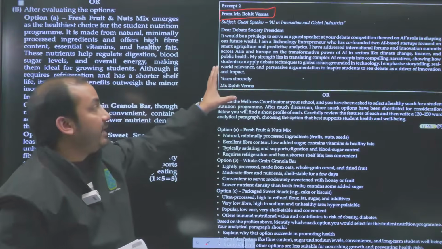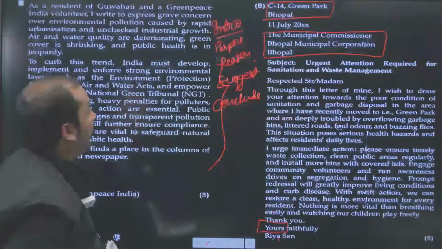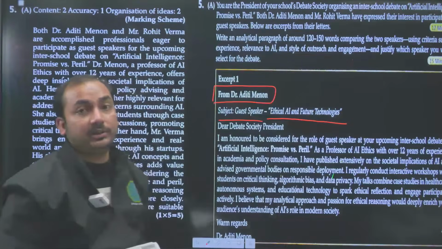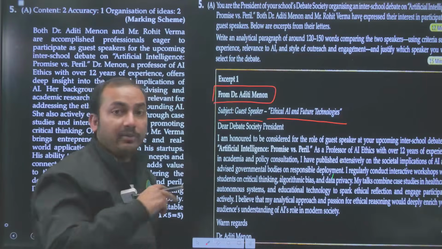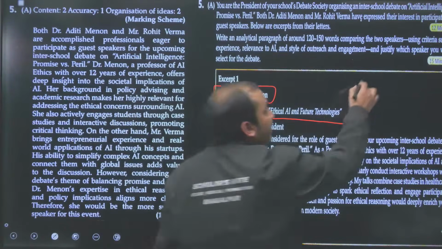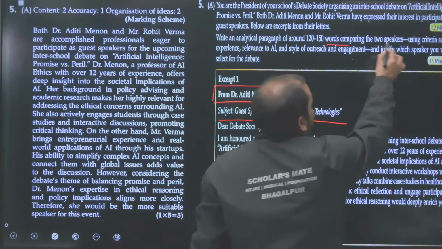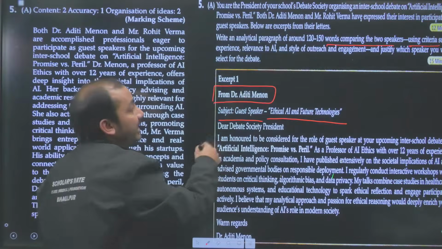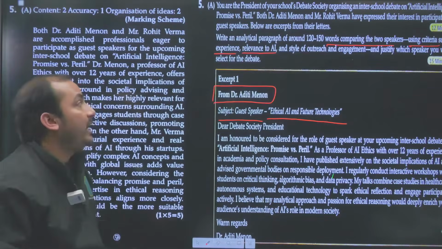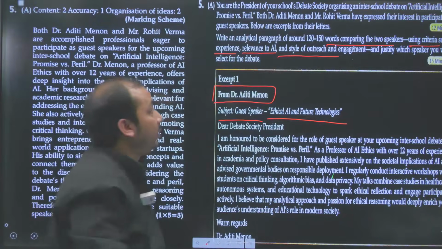You have to read both the statements, both the speeches of both the personalities, and then you have to write accordingly. What you have to write is an analytical paragraph of around 100 to 120 or 100 to 150 words comparing the two speakers. It means you have to establish a comparison between these two speakers using criteria: experience, relevance to AI. And as you have been provided information already in the question on what basis you have to compare them. So the idea is already given in the question, comparing the two speakers using criteria. First of all, you have to use the criteria. It means qualifications of each, experience of each, and after that relevance to AI, means who has the most knowledge about AI and who has been working longer with AI, and style of outreach and engagement, means whose speech has